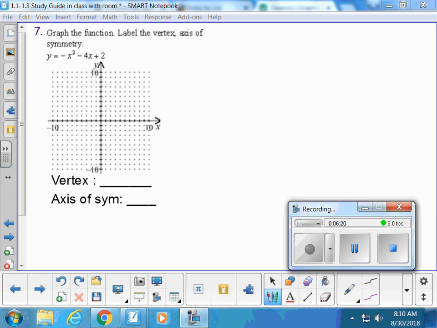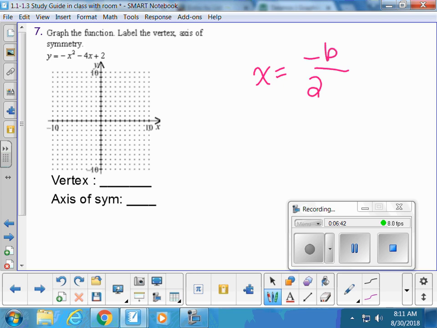I guess my first question then is, is this standard form, is this vertex form, or is this intercept form? Because that will determine what equation we're using. Standard form, because there's no parentheses. So I'm just going to look at my formula board under standard form. I got this nice little formula up here. X equals negative b over 2a. And I'm going to use that to get me my x part of my vertex and get me my axis